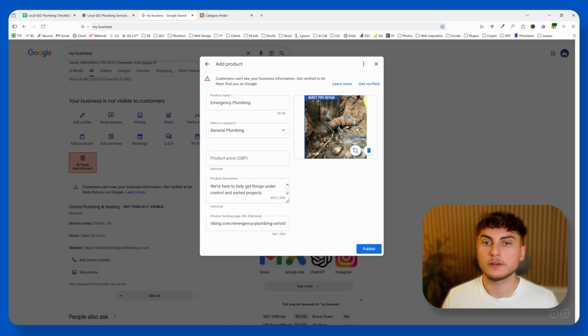It's a little bit better than doing nothing, but you really want to go into more effort in this. In this example, we don't have it. We are showing a burst pipe, which is an emergency, but you would want to go into more effort than this and actually make it clear that this is an emergency plumbing service and include a photo like this, which is actually appropriate. So next we just hit publish,